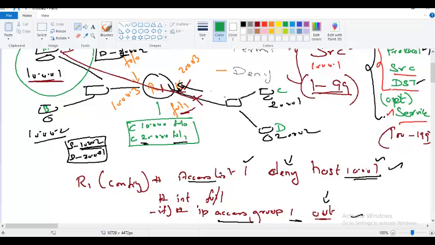We have not written any information about 10.0.0.2. We said 10.0.0.1 deny, but you did not say anything about 10.0.0.2. For security reason, what this router will do,